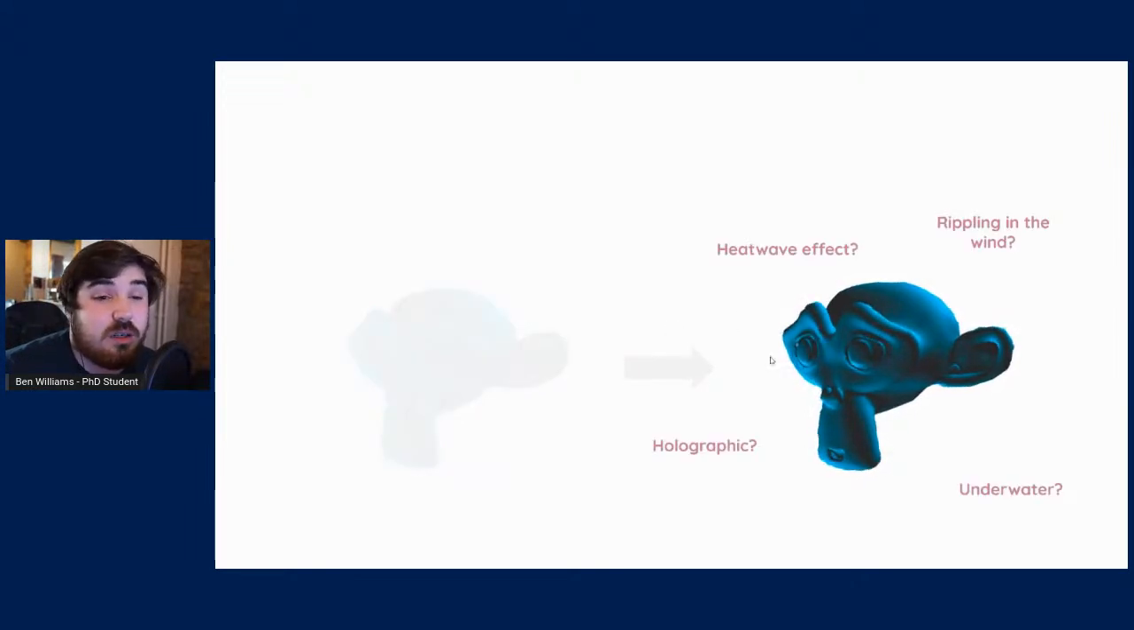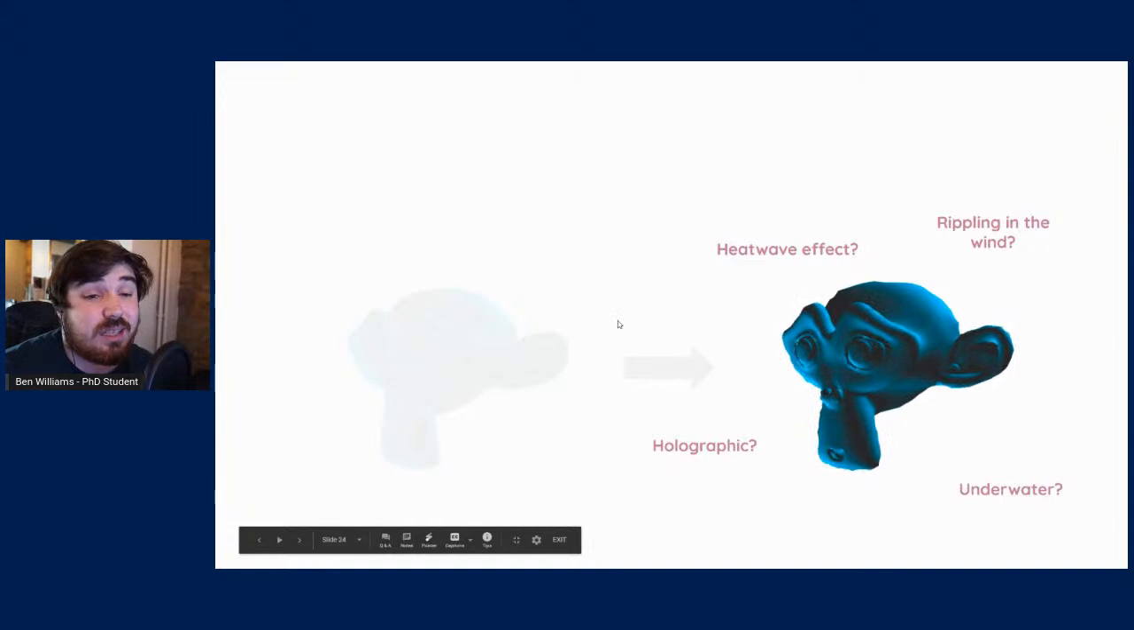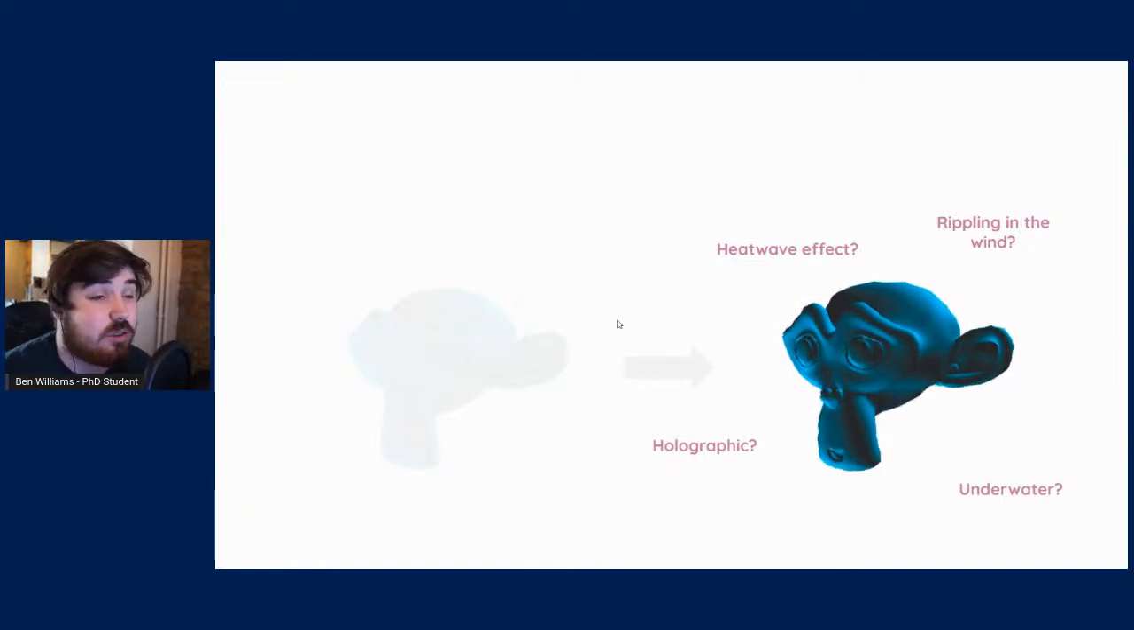You could use this for a whole bunch of things. So, is this a heat wave effect? Is it maybe something rippling in the wind? Is it a hologram or something? Is this thing underwater? You could use this one effect for all those different kinds of scenarios. So playing around with Vertex Shaders and modifying that process of converting between local and world space can lead to